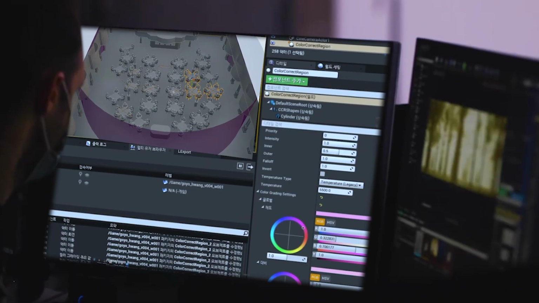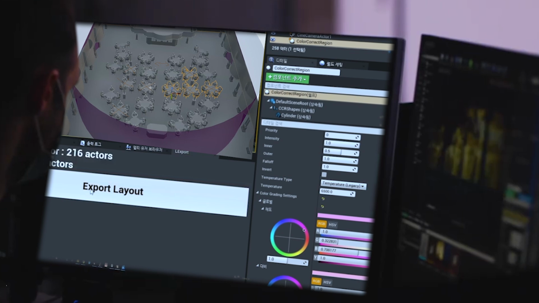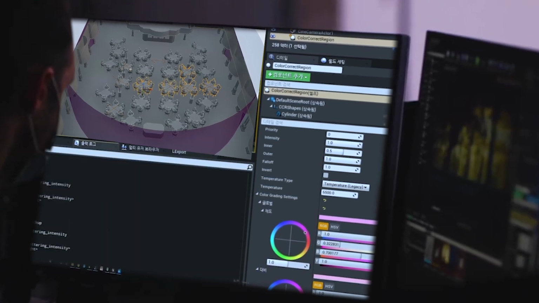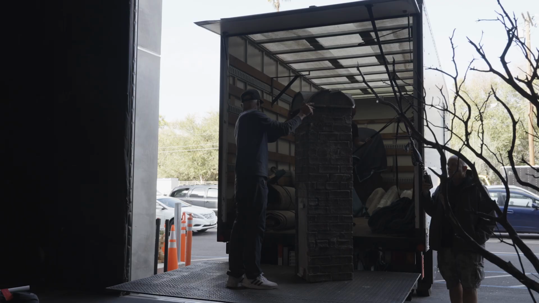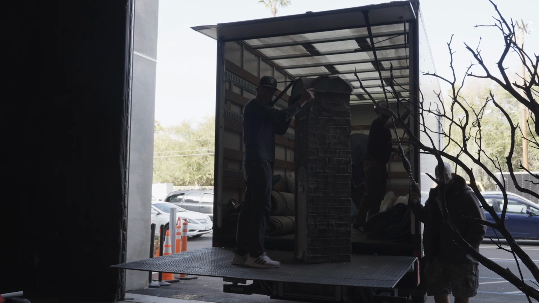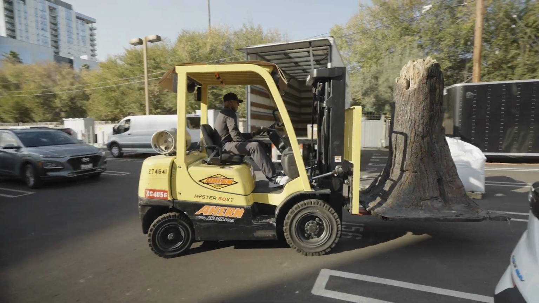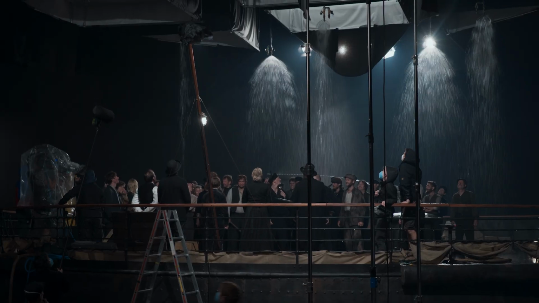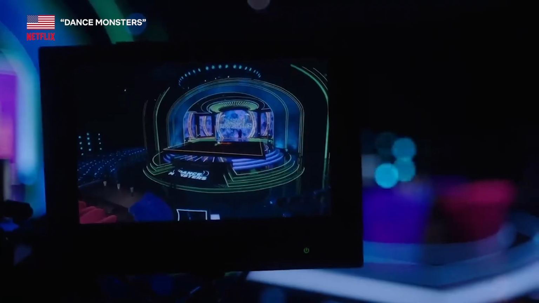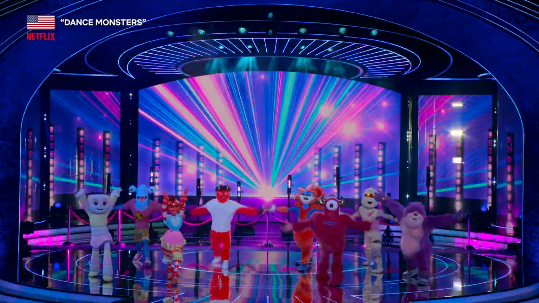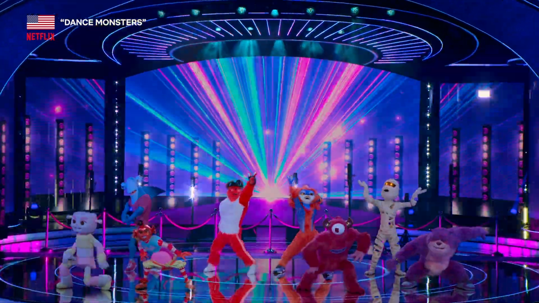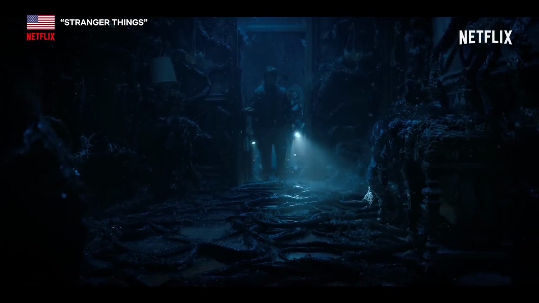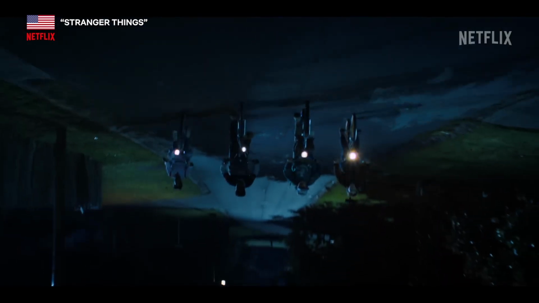Once all the hard work of creating the virtual environment has been done, the good news is these types of sets can be saved and reused for future applications. Unlike a traditional set, there's no packing or physical storage space required if you want to save an asset for later. You don't have to worry about them getting scuffed up, rained on, or worn down over time. This can be a huge advantage if you're shooting something like an episodic series or franchise where you may need to shoot in the same environments over and over again.